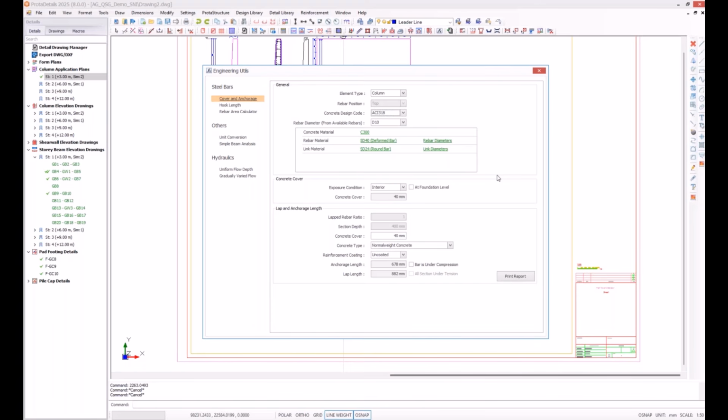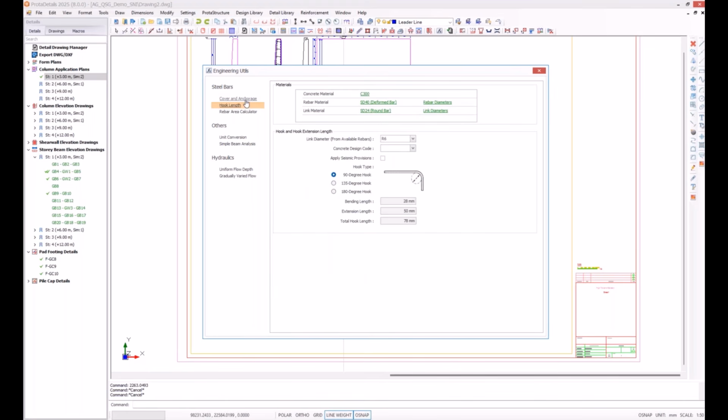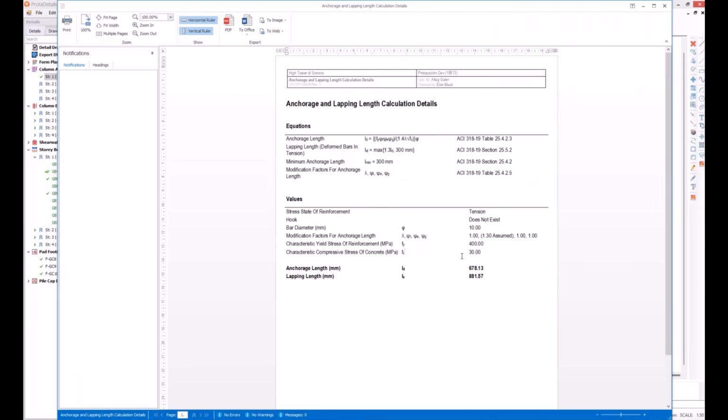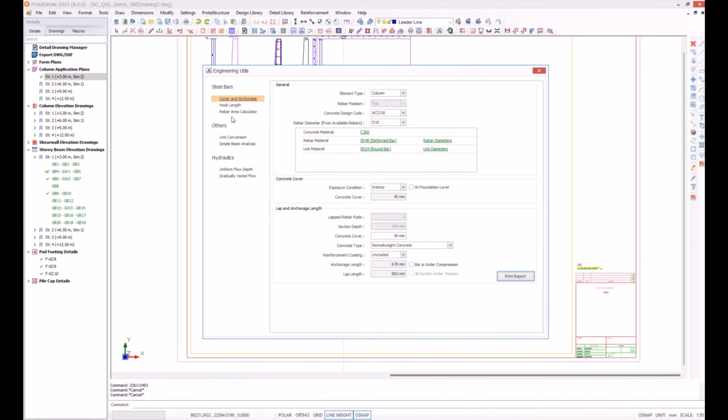So whenever you're in doubt with your calculation, or something doesn't look right to you in terms of covers, hook lengths, lap lengths, etc., you can refer here, use this reference, and you can print a detailed report here. It shows you all the factors and everything that we use to calculate this value.